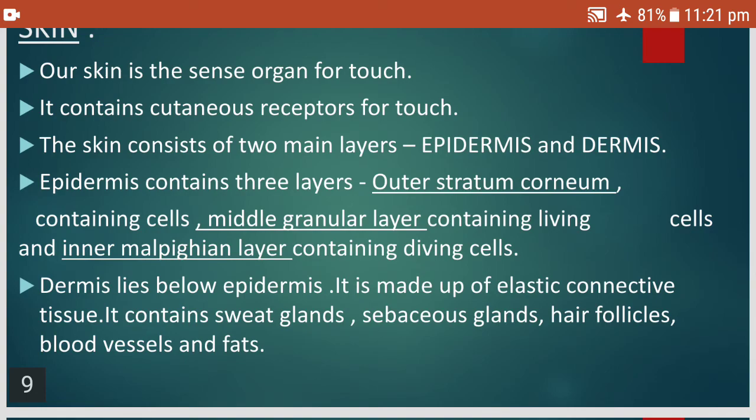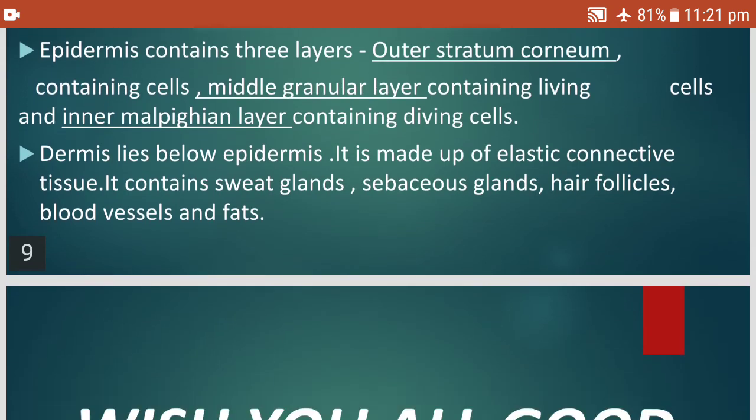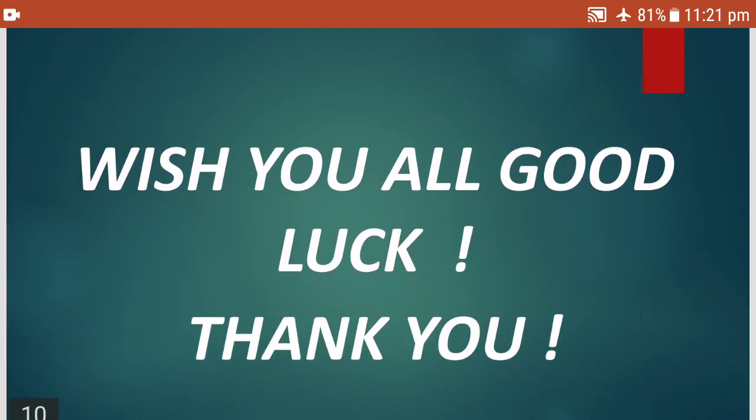With this, we have seen the internal structure of the eye, ear and skin. And of course, you have to learn all the three diagrams also. I will be sending you videos on how to draw the diagrams. Till then, I kindly request you all to start learning the question answers. Your one lesson should be completed in 1 week's time. I will be sending you the PDF of the important questions also. Kindly go through that. And I hope you understood the concept.